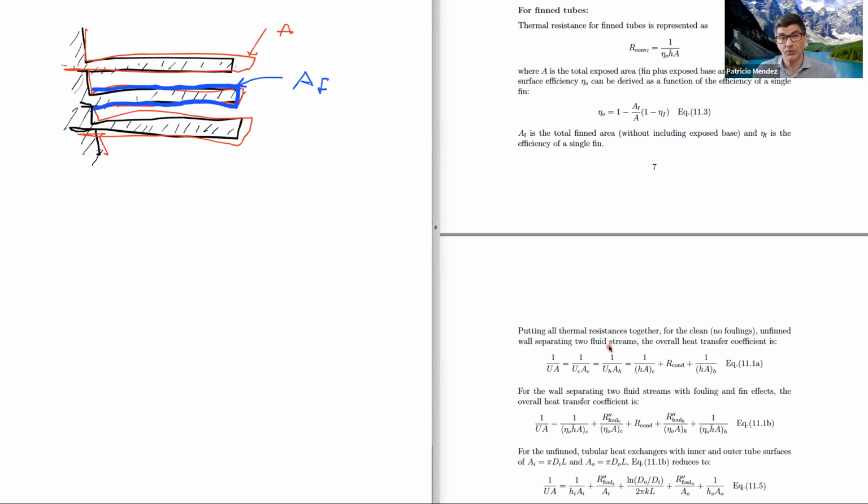That was our third master equation, 1 over UA, and this A is the reference area. If you remember, the reference area is arbitrary. It can be that of the hot fluid, the cold fluid, inside, outside, whatever we want, but we must be consistent. We can pick anything we want, but we have to stick to it. So I'm putting it here, 1 over UA, this is the area of reference, and it would be